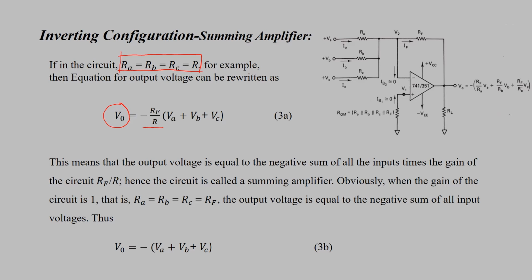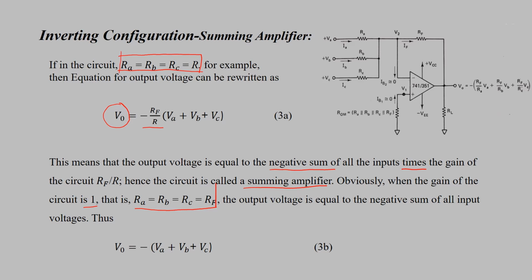This means the output voltage is equal to the negative sum of all the inputs times the gain of the circuit, RF by R. Hence, this circuit is called a summing amplifier. Obviously, when the gain of the circuit is 1, that means RA equal to RB equal to RC is equal to